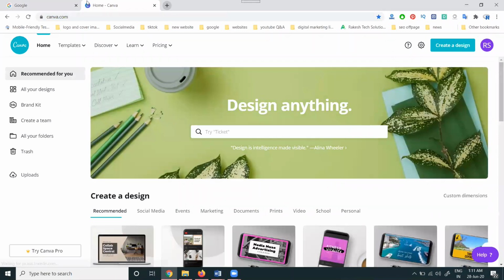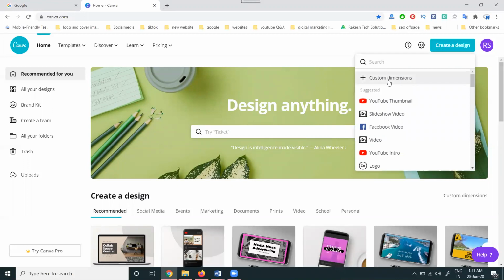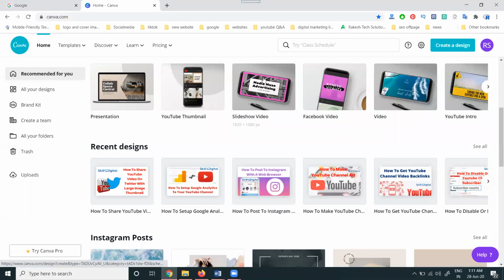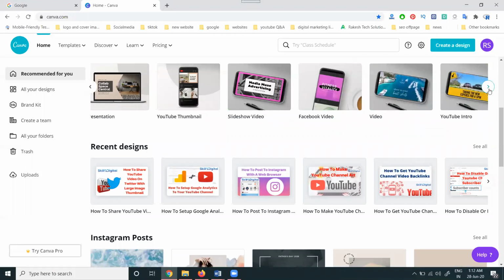There are four websites in total. You can make a logo for free, and you can remove the background and get PNG and JPG format. First, we can use the Canva option. We can design a customized logo also, selecting a custom size, or you can use the default size and the logo option.